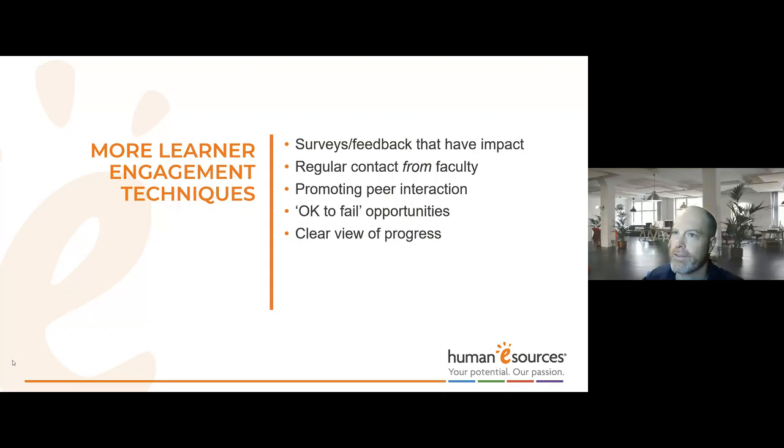Also, clear view of progress. They should know exactly where they are in the course. And this can be difficult. I know in many learning management systems, you set up all these little modules or pieces that they don't know what they've completed or handed in. But if there's any way you can make it obvious, here's a full view of what the course looks like, here's where you are now, here's what you've completed, here's what's yet to come, and do that at multiple points in the course or even continuously, that makes it much easier, because they know what they've accomplished, they know what's to come, and they're more likely to engage instead of thinking, I'm not sure where I've been or what I've done so far.